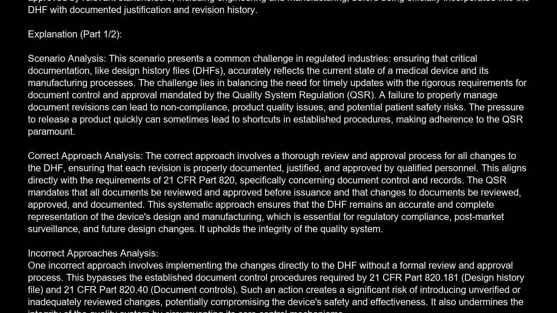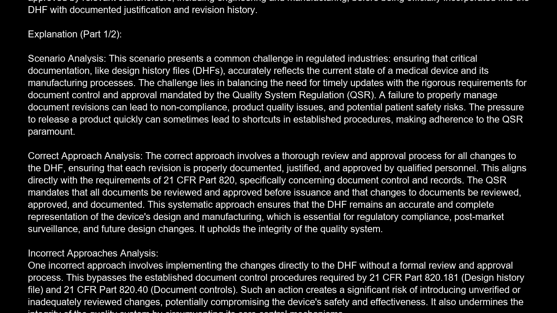Explanation: scenario analysis. This scenario presents a common challenge in regulated industries, ensuring that critical documentation, like design history files (DHF), accurately reflects the current state of a medical device and its manufacturing processes. The challenge lies in balancing the need for timely updates with the rigorous requirements for document control and approval mandated by the Quality System Regulation (QSR). A failure to properly manage document revisions can lead to non-compliance, product quality issues, and potential patient safety risks. The pressure to release a product quickly can sometimes lead to shortcuts in established procedures, making adherence to the QSR